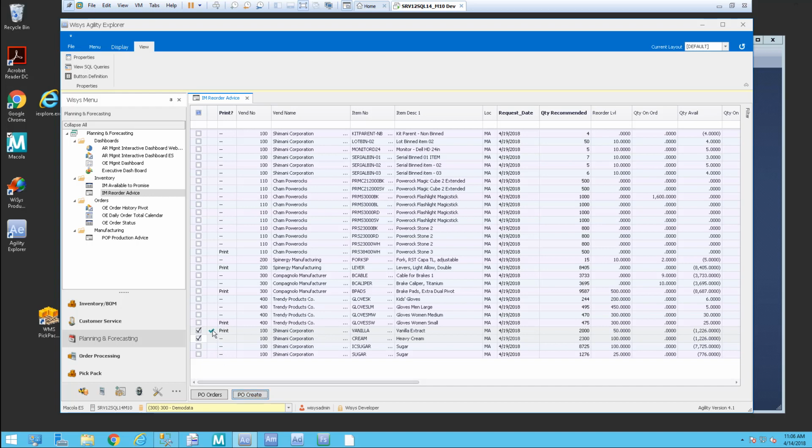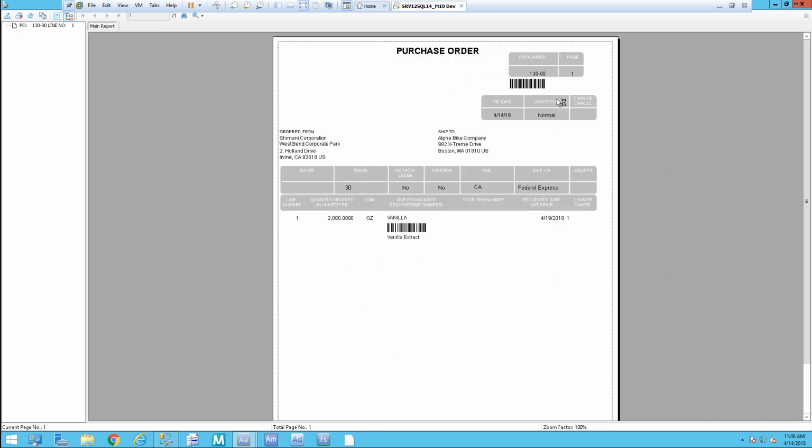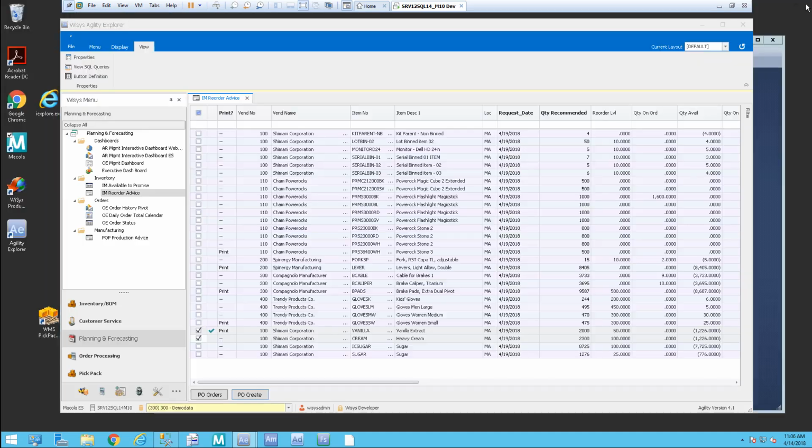And I selected print on this first one, so my print is going up to the screen here, and you'll notice it's coming up here. It created purchase order 130, and it created it for 2,000 because I overrode that amount, and I can close that purchase order. And now it created the cream. Boom, it's done. I don't have that one sent to print, so it did not print that particular purchase order,